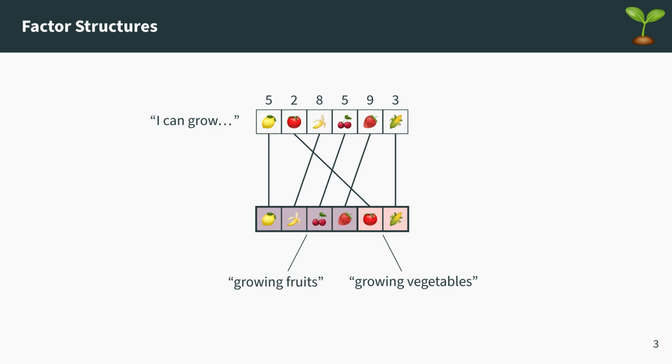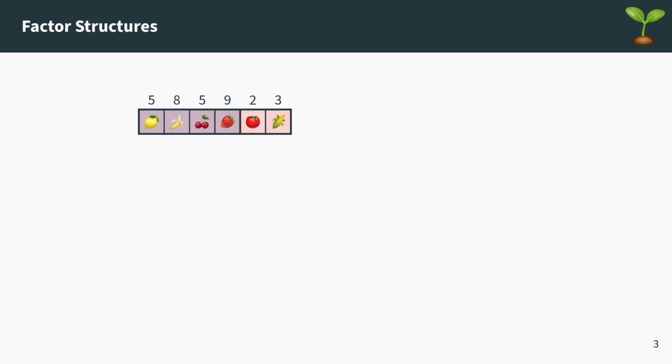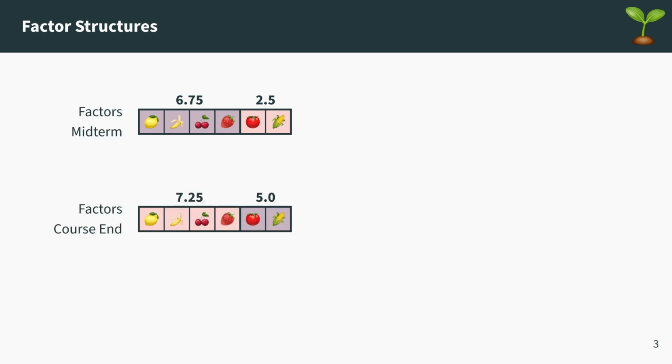These subsets of items are called factors, and the process of finding these factors and interpreting them is called exploratory factor analysis. The factors are often ordered by the total variance explained. This means the items of the first factor, here in purple, account for most variance in all the observed variables. Instead of comparing values item-wise, say over the course, you can now stick to a much smaller number of derived variables. If you repeat the measurement at the end of your course, you might find a stronger increase for the growing vegetable factor, since this topic was focused in the second half of the course.